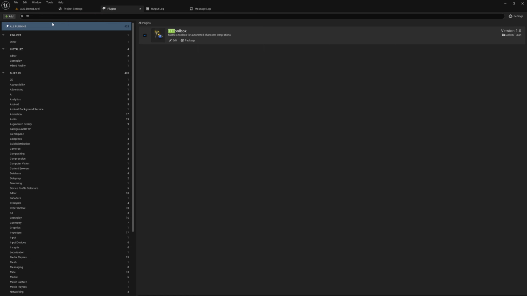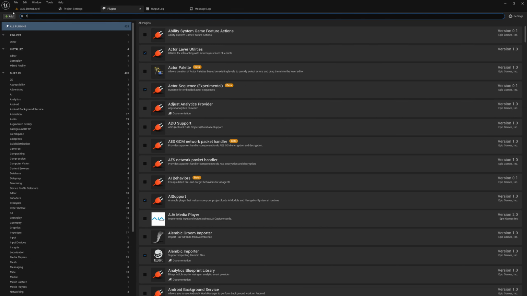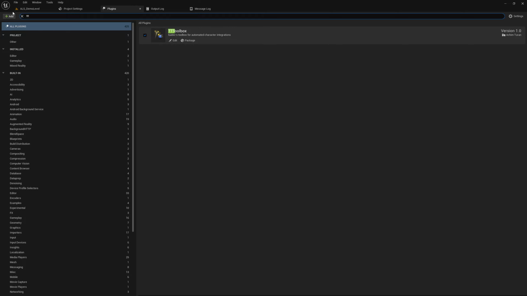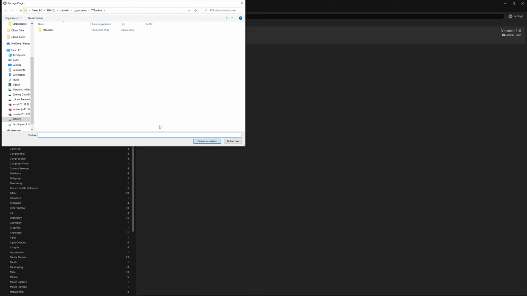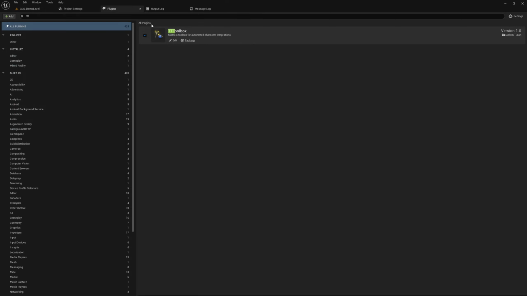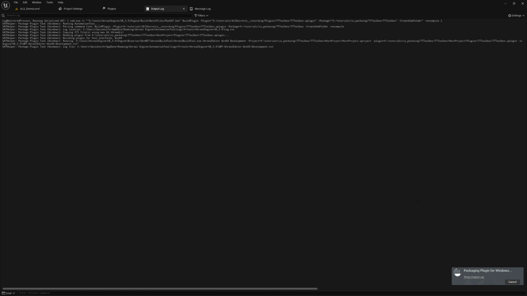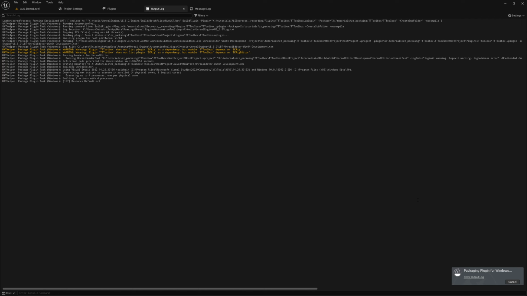And for that we go into the plugins menu, and then it's very easy because no plugin has this prefix. We use 3 T's, and then we can click on package. And here's a folder which I already prepared, and say I want to use this folder. Then we should see here on the bottom, yes, there it is, that we can click on output log, show output log, and then the Unreal Engine editor will start building the plugin for us, and we should see some issues which we will fix together so that you know how my process basically is